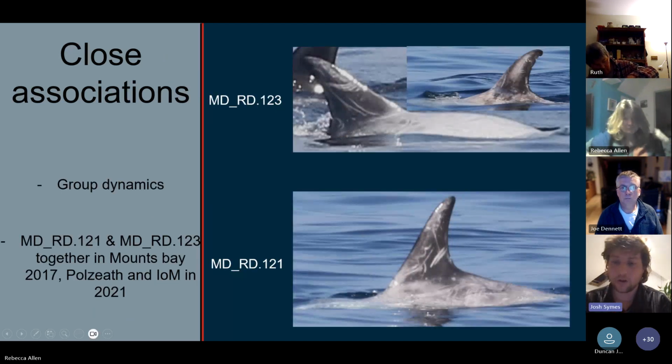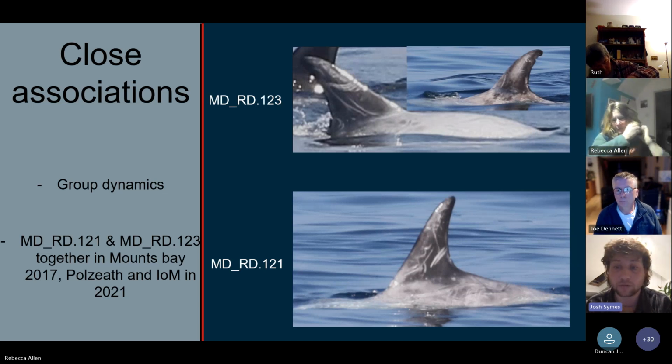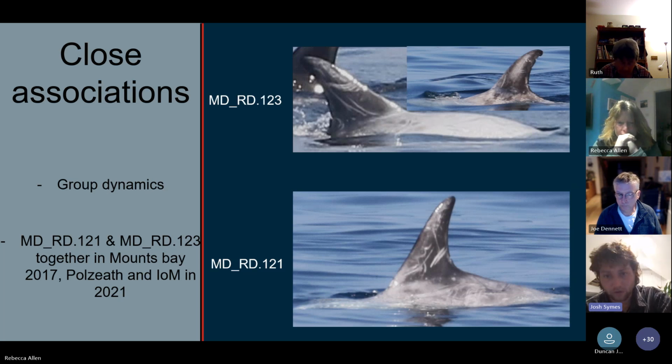So some of these animals as well, not only the bachelor pods, they've been seen together, but some of the calving nursery pod members, the females, are also seen together as well. These two individuals, I'm not sure what gender these two are, but they were quite interesting for where they've been matched. They've been seen together every time they've been seen, and they've got quite distinctive markings. 121's got that lovely corkscrew, and 123 you can see he's got the notches on the rear of the dorsal